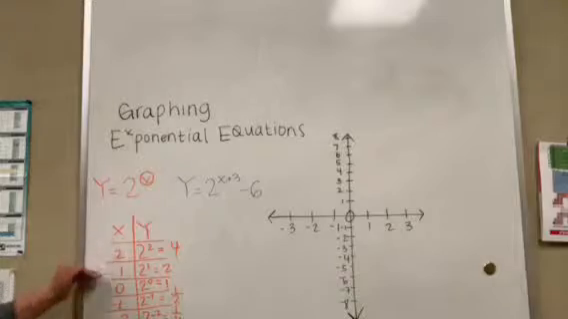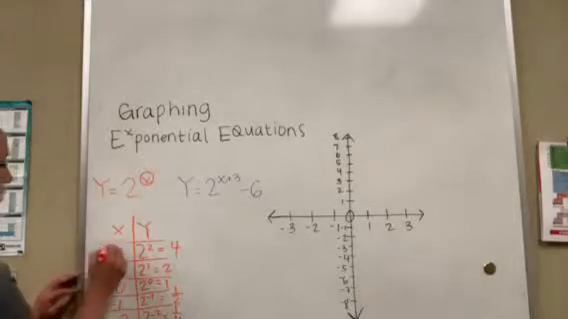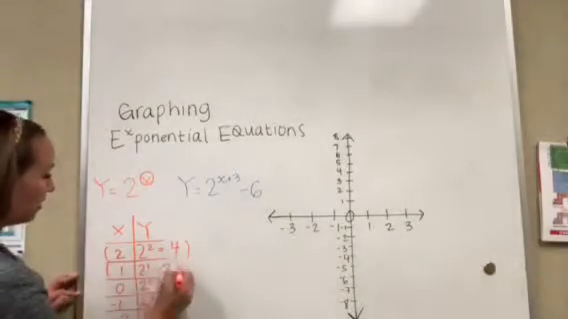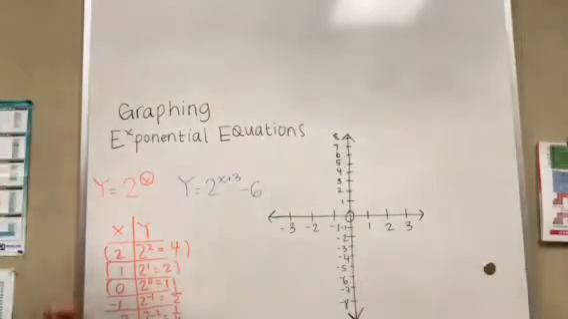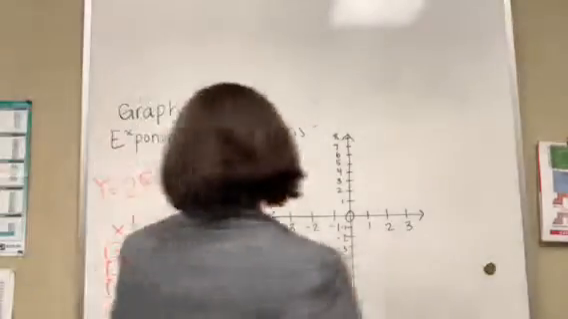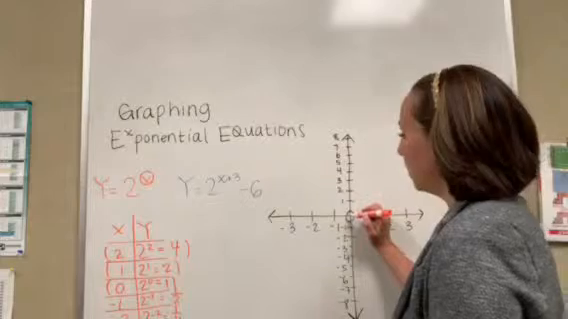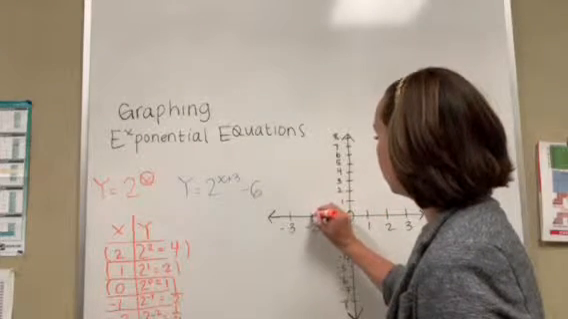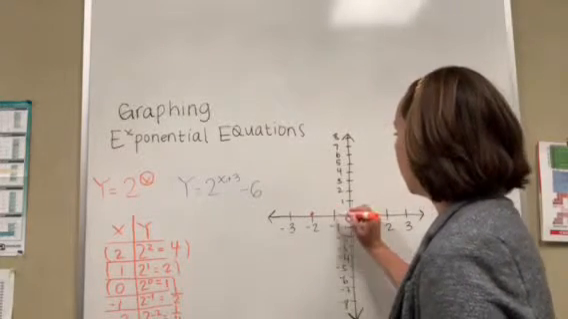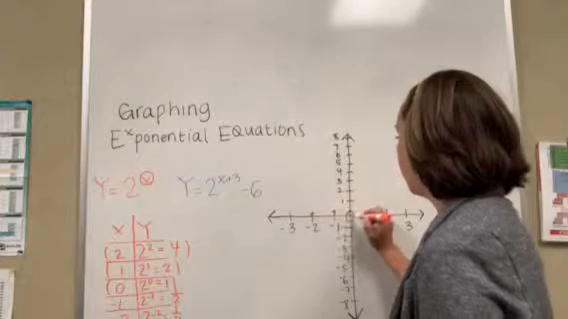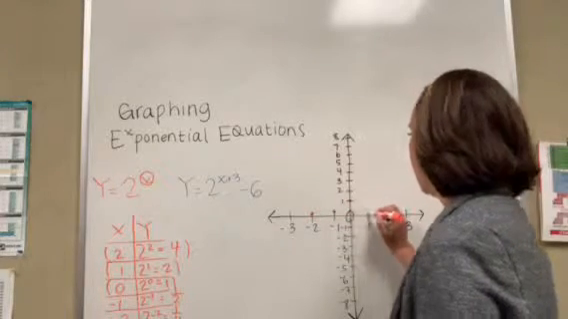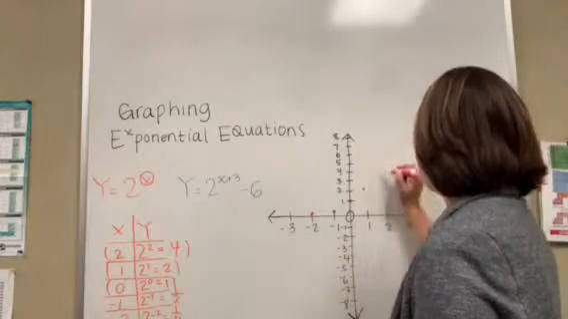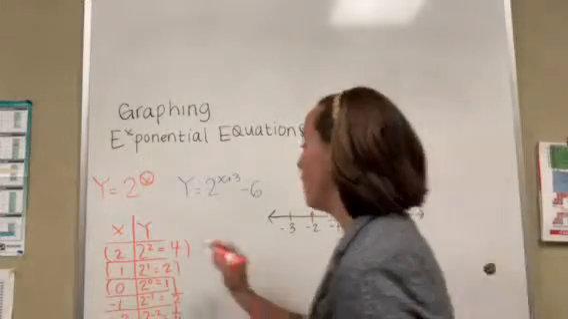So then I take each of these points. These are my coordinates: (2, 4), (1, 2), (0, 1). And that will give me the shape of the graph. So starting at -2, x is -2, y is 1/4; -1, 1/2; 0, 1; 1, 2; 2, 4. I know that if I were to put in a 3,